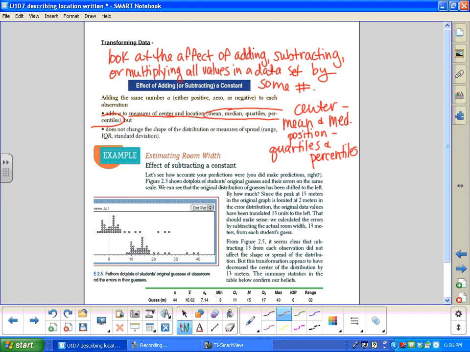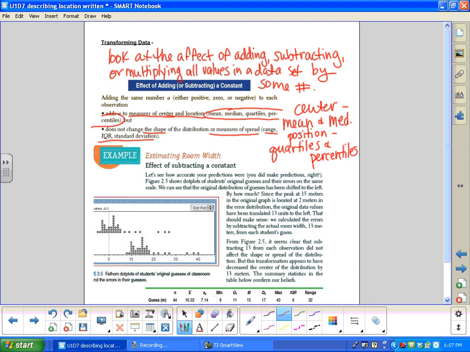All right, and then we also will find out how it's going to change measures of spread, or the shape actually. And measures of spread are range, IQR, and standard deviation. I'm not going to repeat that. Those all make sense. Okay, so we're going to talk about first what happens when you're adding or subtracting a